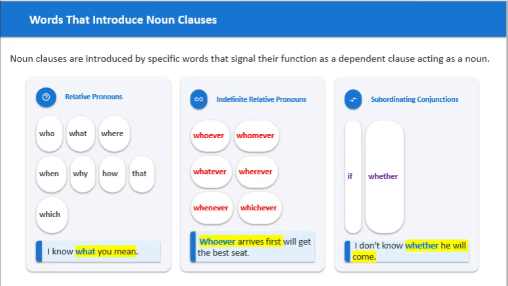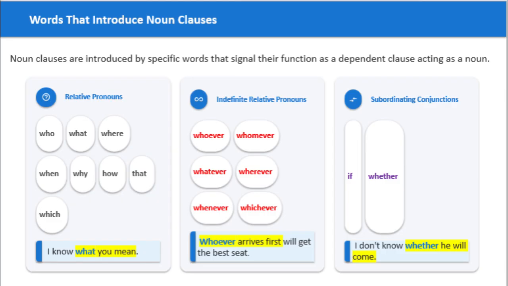These pronouns introduce clauses that often express general or unspecified reference. For example, whoever arrives first will get the best seat. Finally, subordinating conjunctions like if and whether also introduce noun clauses, as illustrated in the sentence, "I don't know whether